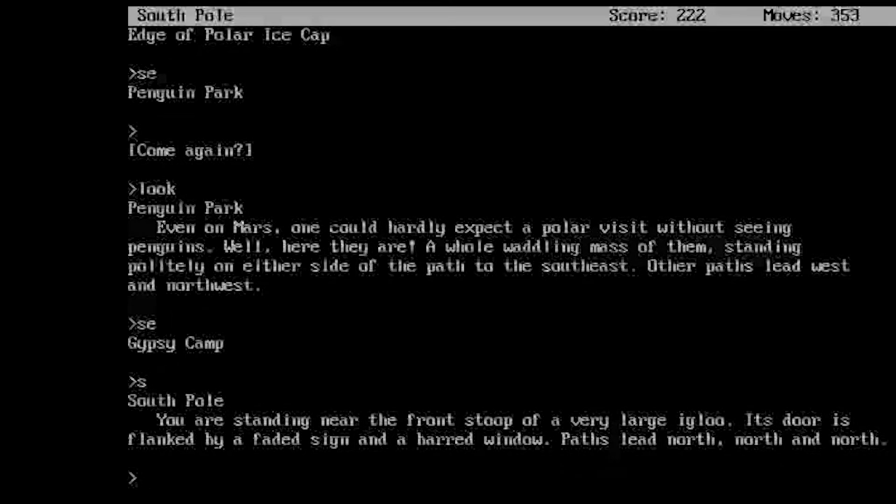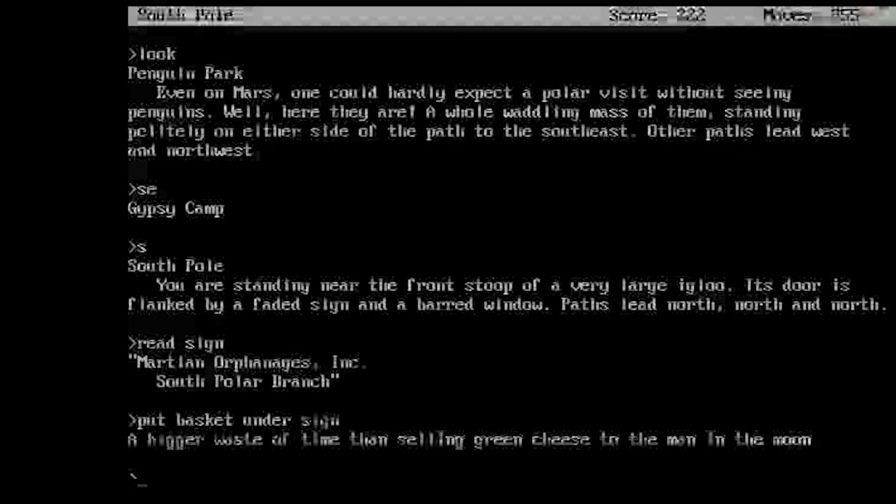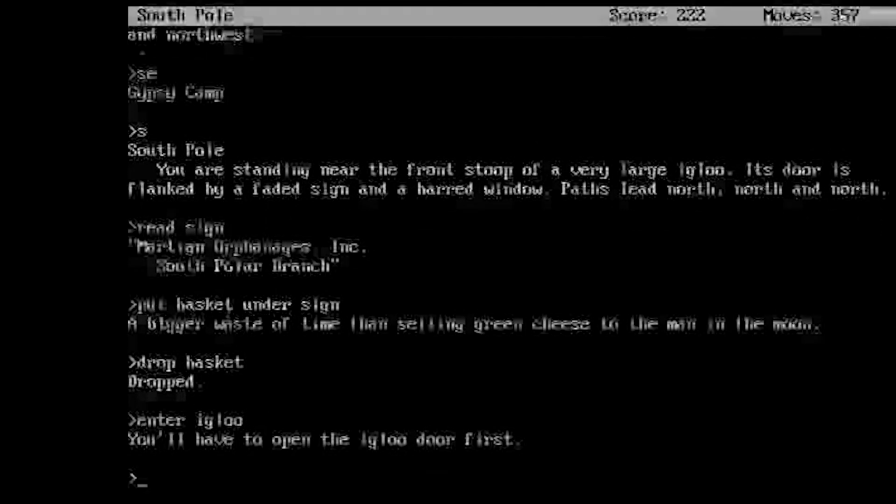You are standing near the front stoop of a very large igloo. Its door is flanked by a faded sign and a barred window. Paths lead north, and north. Because we're at the South Pole. Read sign. Martian Orphanages, Inc. South Polar Branch. Hey, great. Put basket under sign. A bigger waste of time than selling green cheese to the man on the moon. Drop basket! Not our problem anymore. Well, should we find the orphanage first? There's a sign, but... Yeah, you drop the baby under the...